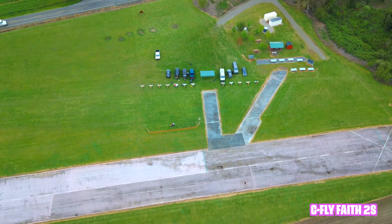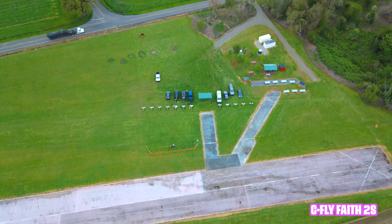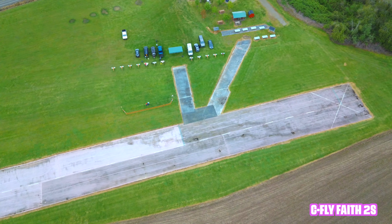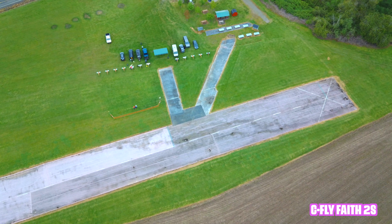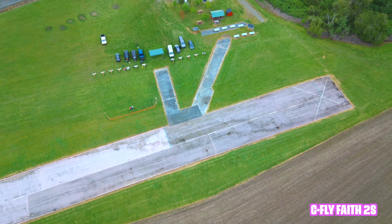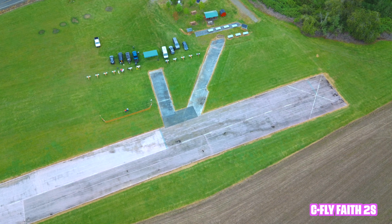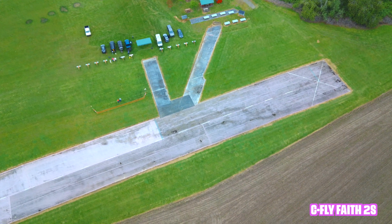People ask me all the time, like, Justin, how far do you fly? I say I don't want to fly any further than I want to walk and pick it up if I crash. So distance and long range to me is not like a big concern. But it does have a 400-foot ceiling limit. So right now it looks like it's maxed out. 119 meters, and now I can come back down,